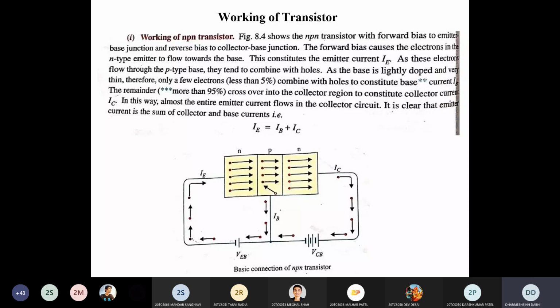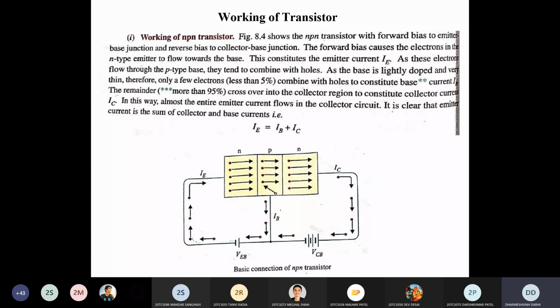The reason is that the current flowing into the transistor is because of both charge carriers. It may be because of holes or it may be because of electrons. That depends upon the type of transistor. If it is an NPN type of transistor like this, the current is flowing because of majority charge carriers like electrons. Whereas if it is a PNP type of transistor, the current is flowing because of majority charge carriers, holes. Clear? So current flows in the transistor because of both charge carriers. That's why it is called a bipolar junction transistor. This is a very important point.